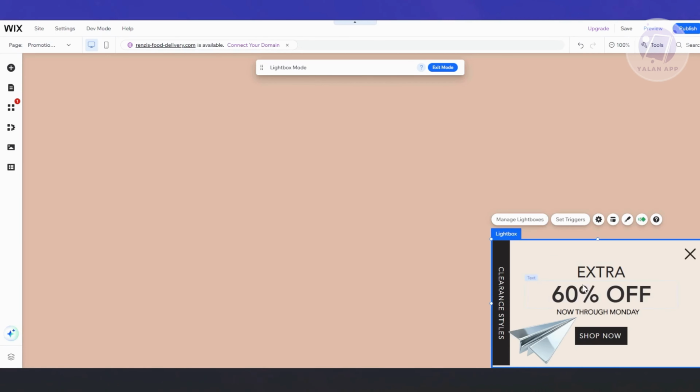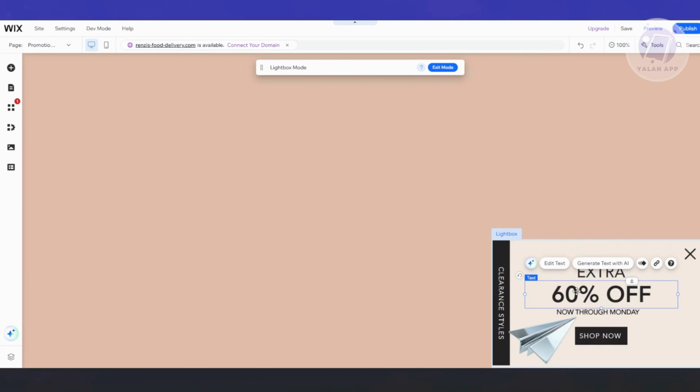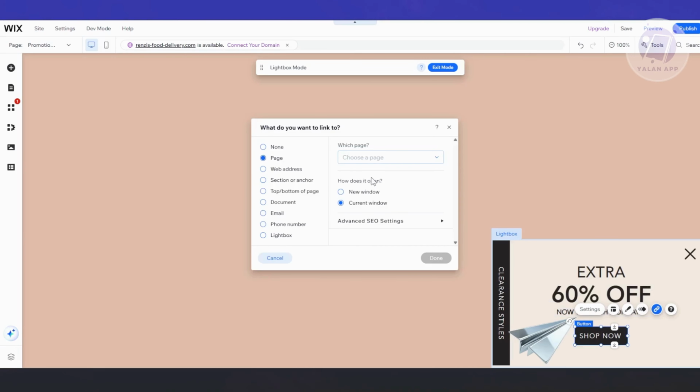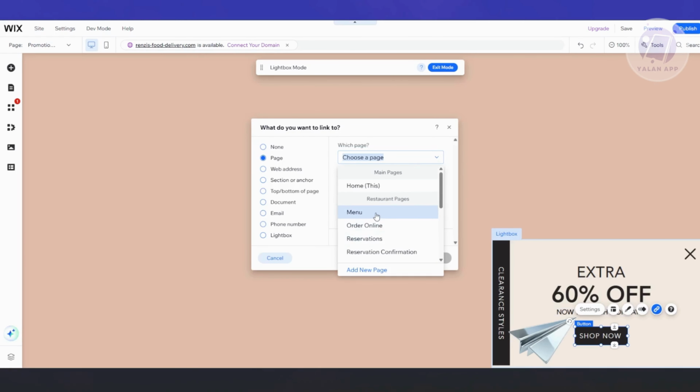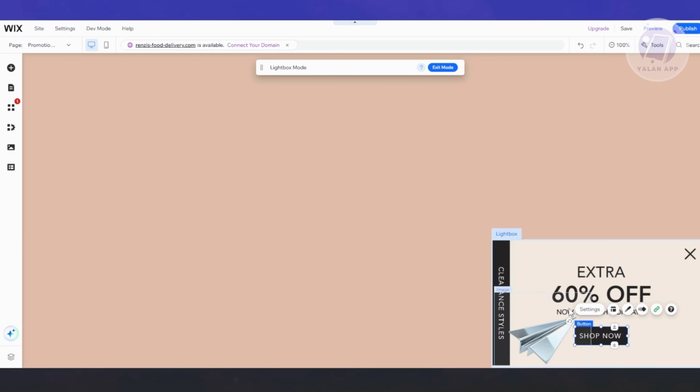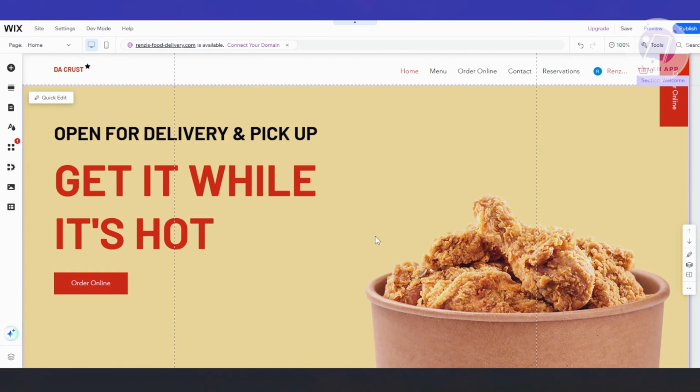Now, by the way, if you're wondering, you could also add text, edit the existing text here. Or in this case, you can also edit the button itself. Like for example, you could go ahead and click on settings or change the link for it, just in case you want to redirect this to a very specific page. So for example, let's go to menu here, click on done, and from here on, just do whatever customization you want. Now, once you've done that, you can go and just click on exit mode at the top right here,